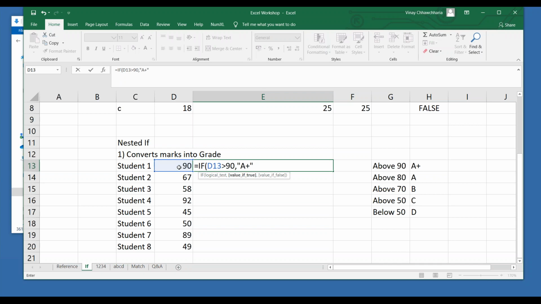If marks is greater than 90, then "A plus", because A plus is a character, it has to be in inverted quotes, comma, if this is greater than 80, then "A", comma, if this is greater than 70, then "B". I'm just shortcutting the formula, else "D".